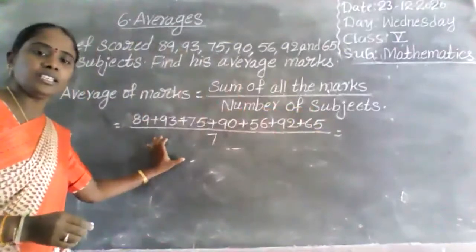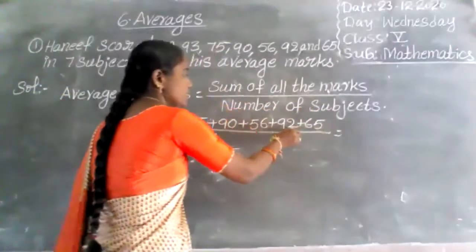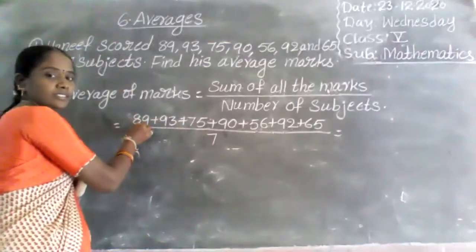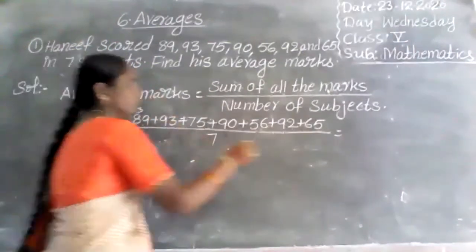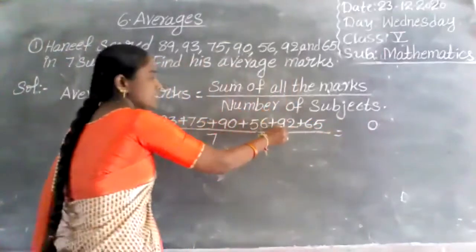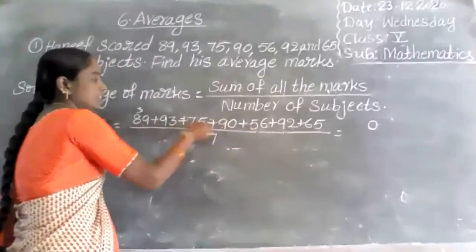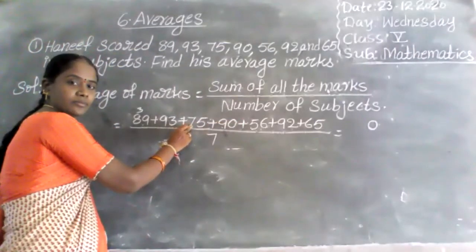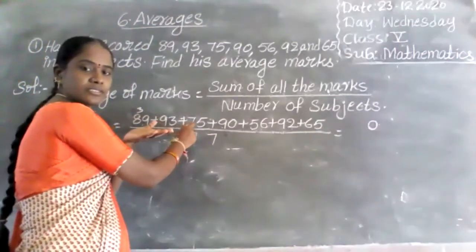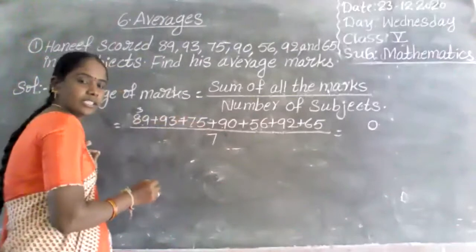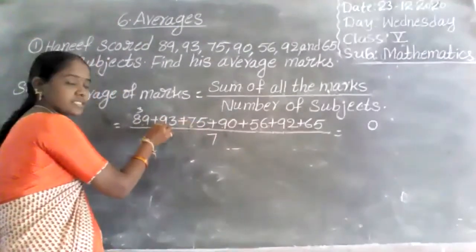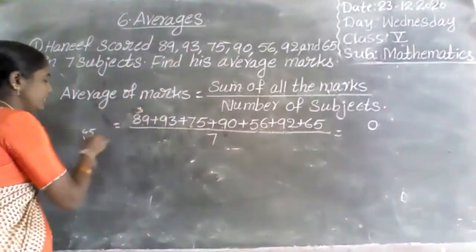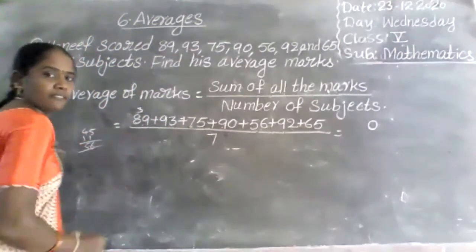Okay, if you have any confusion, you can count it like this also. First, 5 plus 2, 7, 7 plus 6, 13, 13 plus 5, 18, 18 plus 3, 21, 21 plus 9, 30. 6 plus 9, 15, 15 plus 5, 20, 29, 29 plus 7, 36. 36 plus 9, 45. 45 plus 11, 56. So it is 560.